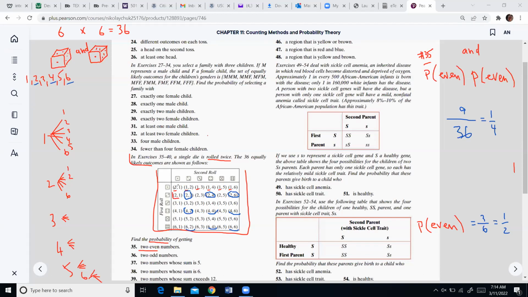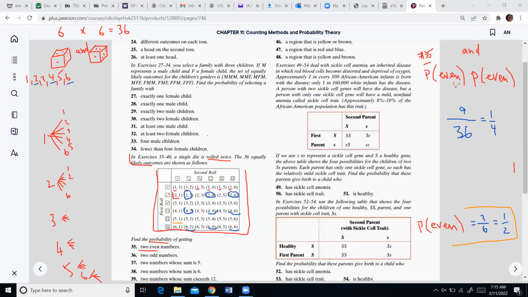Just look at them. In the first row, I cannot select anything because I need both evens. And the first is 1, so it's not working. In the second row, I also have 3, so it's not possible to get both evens. Same with the fifth row, because I also have odd number 5 there everywhere. So I just use rows 2, 4, and 6 and get that result. Well, I can say, Alex, that's pretty tedious to list all that. And the answer is yes. Yes, it turns out you could solve this problem